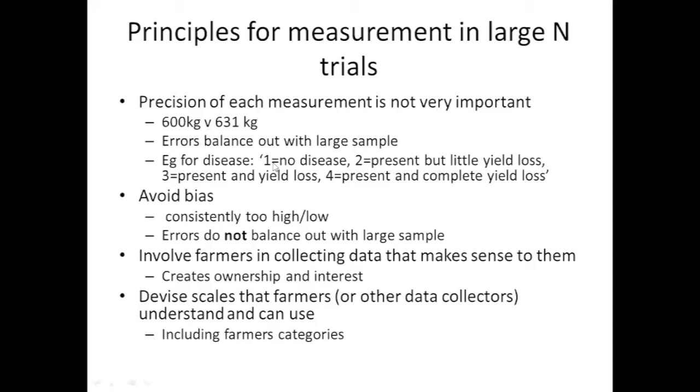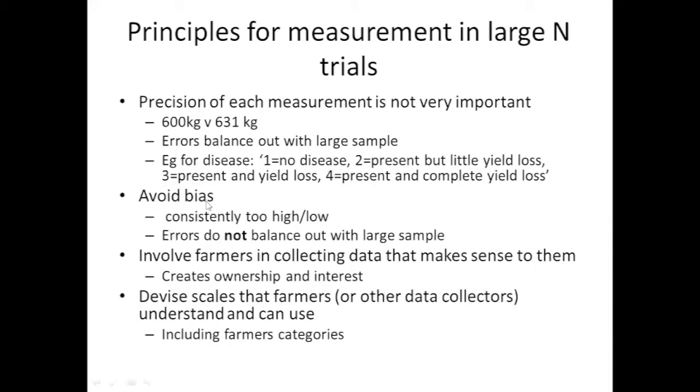When measuring diseases, people often try to assess the percent of plants damaged or the percent of plants which are diseased. You can do something much simpler. You might have a scale which just says there was no disease; there was some disease, but it didn't seem to do much damage to the yield; there was some disease and it reduced the yield; or we got no yield at all because of the disease. That sort of scale of assessment is very easy to collect data on, and it's often good enough, precise enough.